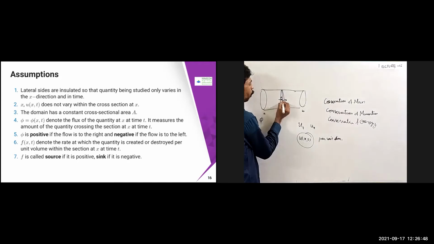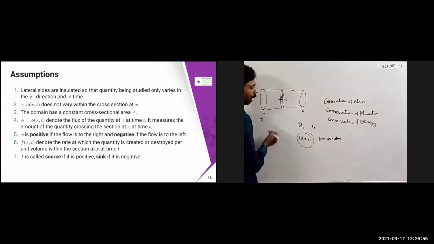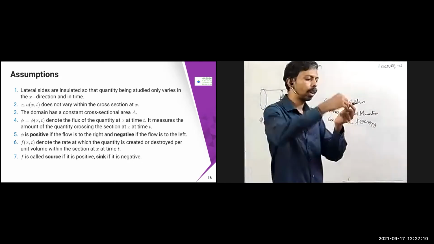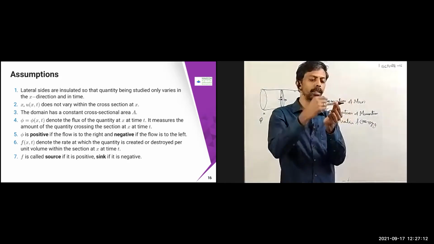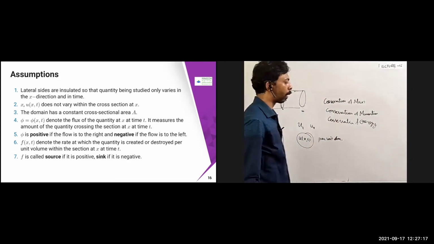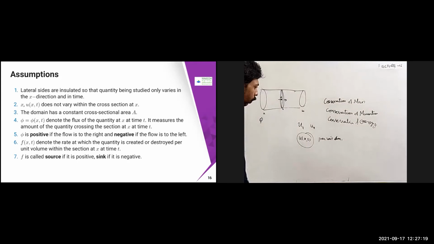Okay, so how much is going to cross over this cross-sectional area? We have a small cross-sectional area that I'm going to take. This cross-sectional area is crossing this cross section at time t at this x. How much is going to be crossed? Suppose I have a spoon, so I just take a small strip there, and I want to observe how much heat is going to be moved from one place to another.